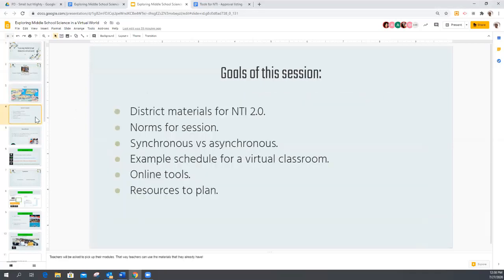So let's talk about what we're going to talk about today. First of all, I'm going to reiterate again, anything that we say today may change tomorrow. I don't know any other way to say that. So we're going to show some things, work with some tools and some apps, and give you some information to the best of our ability that we think is on the right track and ready to go.